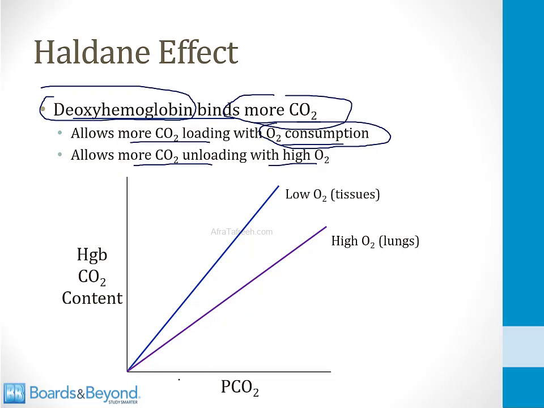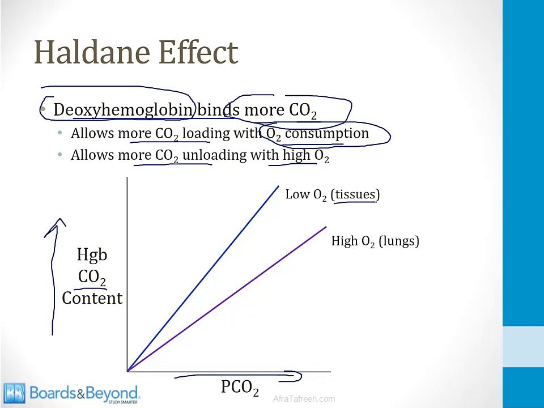The graph shown on this slide shows the partial pressure of carbon dioxide on the x-axis and the hemoglobin carbon dioxide content on the y. And what you can see is that the curve is not fixed. Just like the oxygen hemoglobin dissociation curve can shift to the right or left, so too can the carbon dioxide hemoglobin dissociation curve. The curve for hemoglobin carbon dioxide binding is a straight line as shown here,